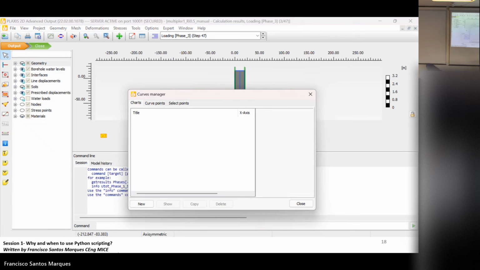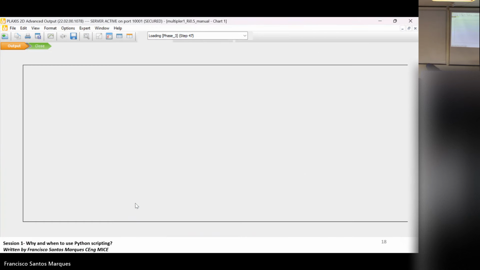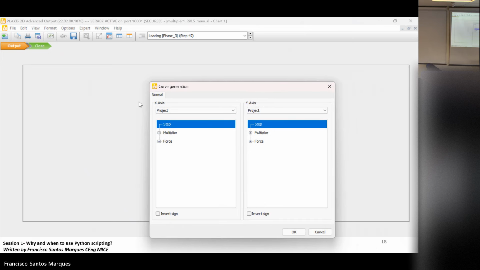Okay, so if I want, then I'll need to extract the results. Because we have a pre-selected value here. What I need is something plotted in terms of load displacement.